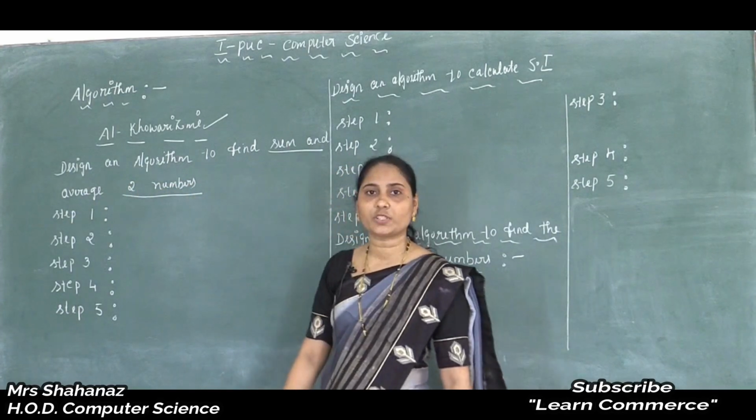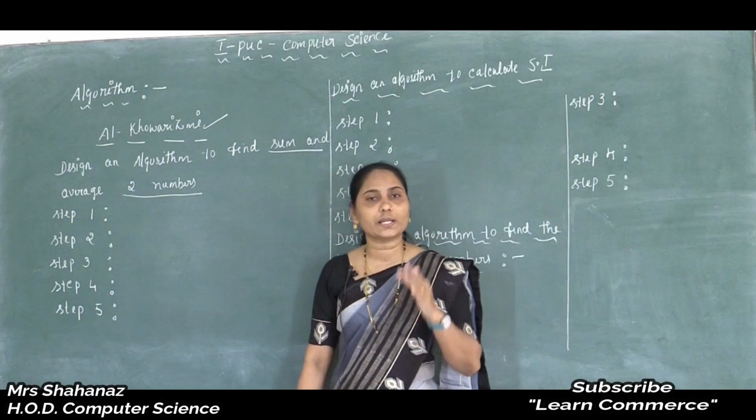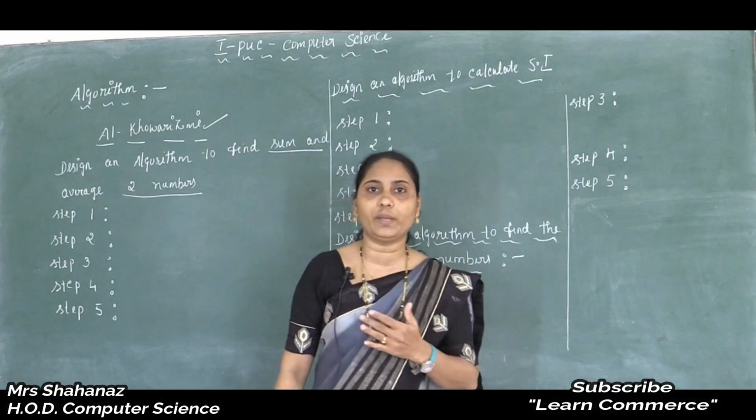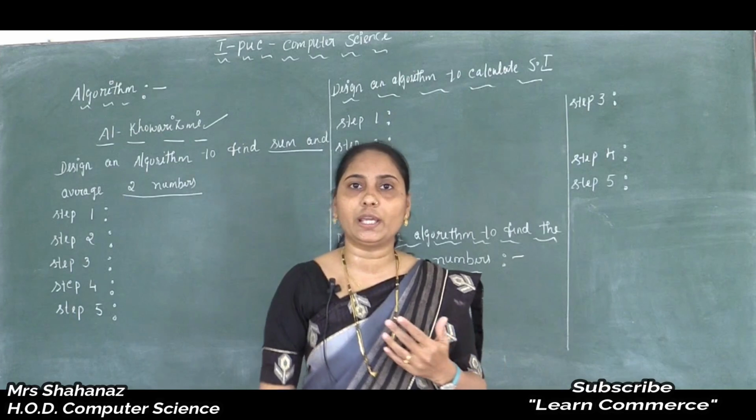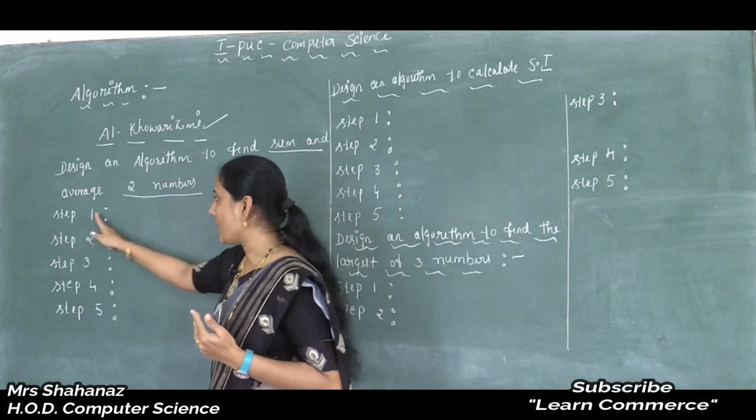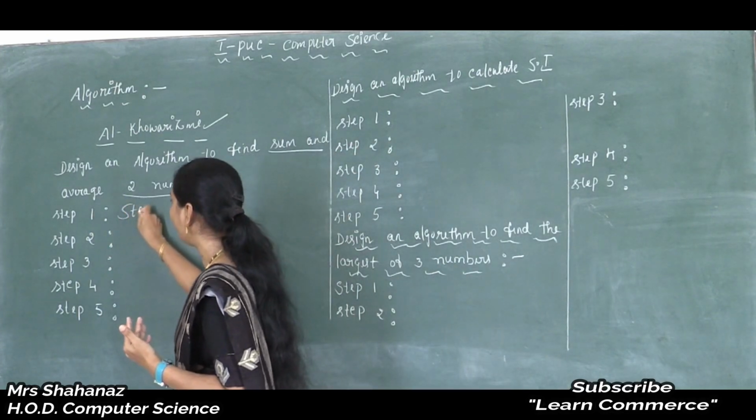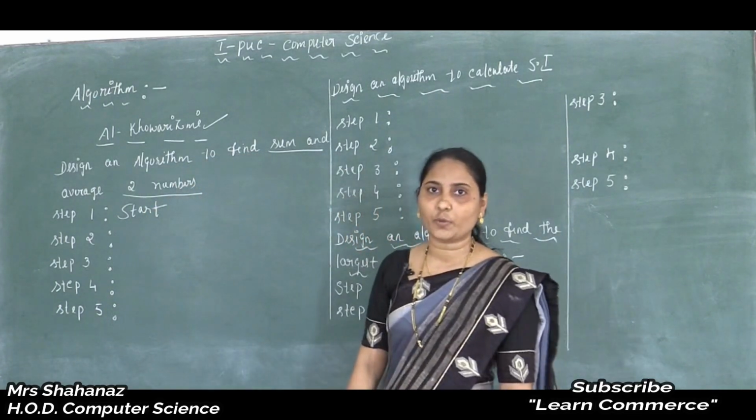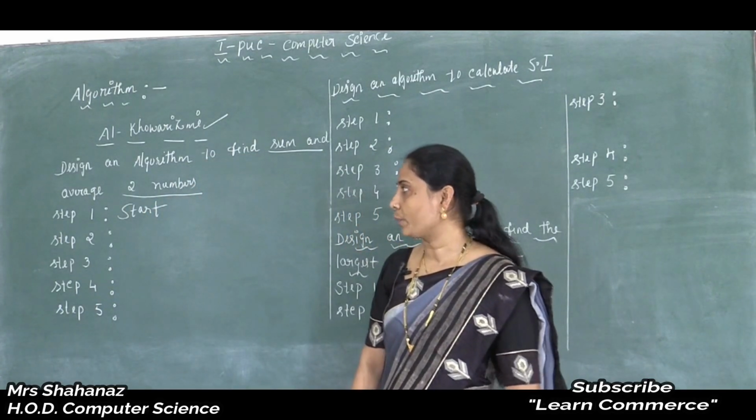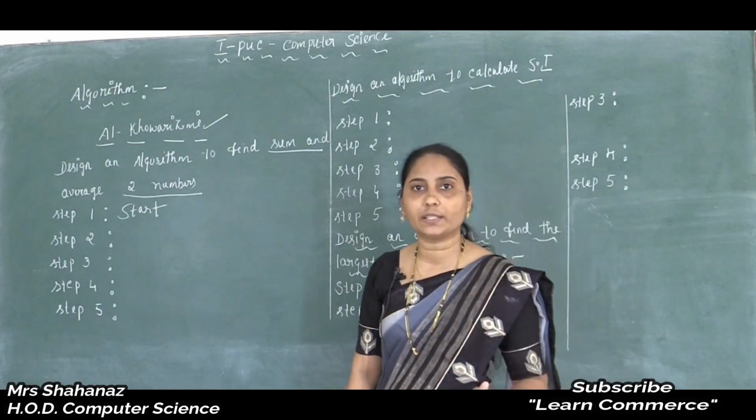numbers. Clear this point here? So in step 1, some of these steps are there. We know the meaning of the algorithm is a step by step procedure to solve a given problem. So in our step 1, first of all I am going to write start. I am going to start the program. Clear this point here? In step 1, first of all I am going to start the problem here,